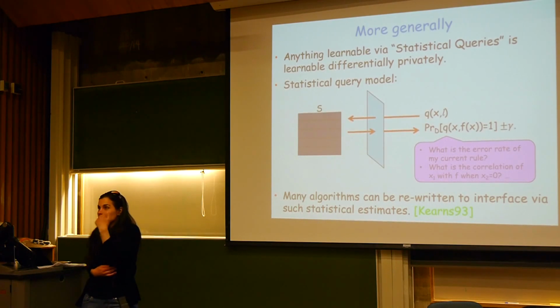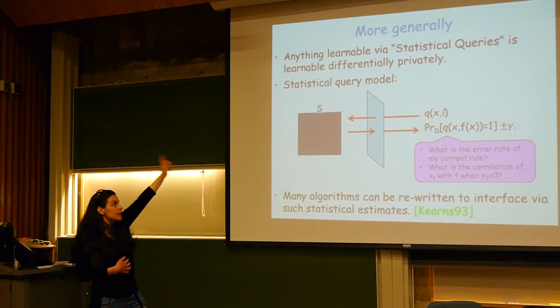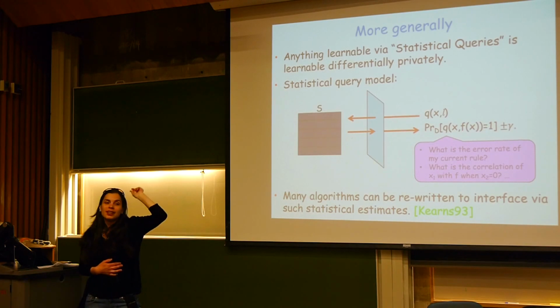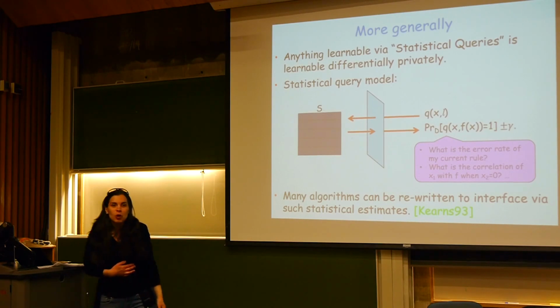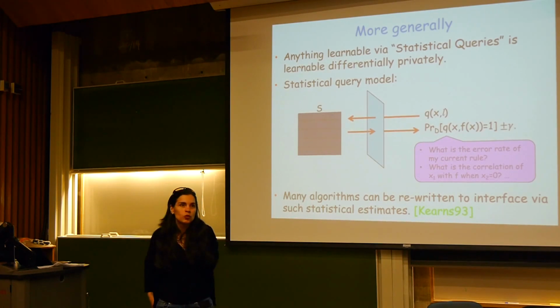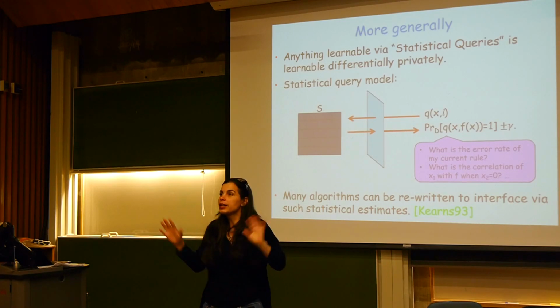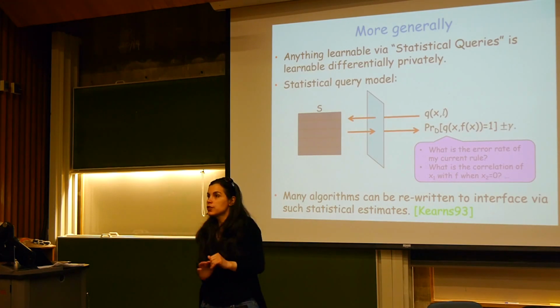Even my answer was a formal answer. The only class that is known to be learnable in the PAC model with a small number of samples, but not learnable in the statistical query model, is the class of parity functions. So there is one theoretical example. But most of the other ones are known to be implementable by statistical queries. So we're in good shape, with modifications, not necessarily the original algorithm, but you can modify them.